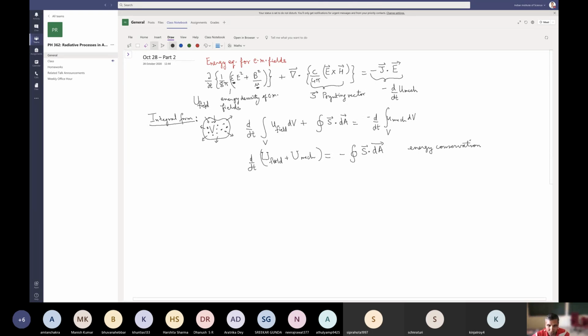So the fields, E and B fields, carry energy. What about momentum? So if we recall our photon picture, the